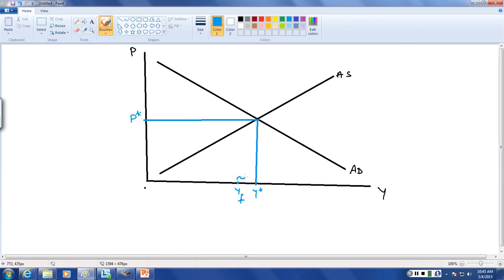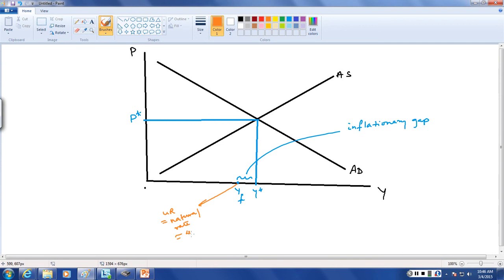This gap here also has a name. It's called an inflationary gap. That's an inflationary gap. Now tell me, at this level of GDP YF, what is the unemployment rate? At GDP YF, what is the unemployment rate? 4%, the natural rate, correct? Always, when you have GDP equal to YF, the unemployment rate is the natural rate of unemployment,